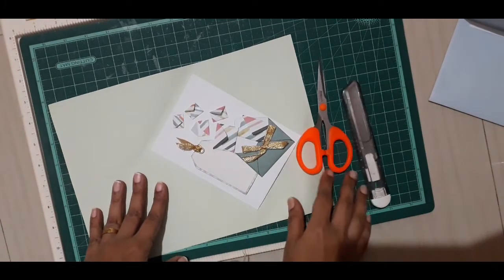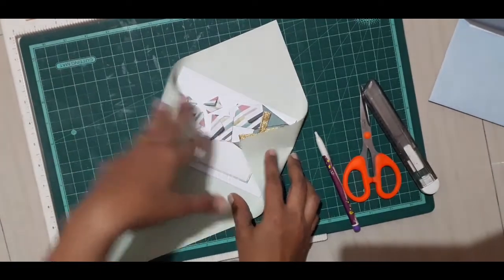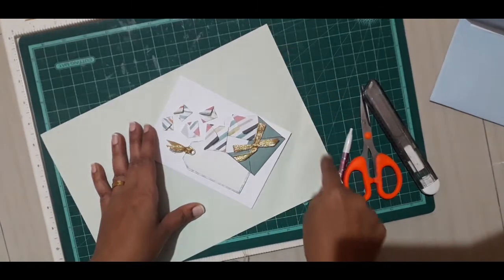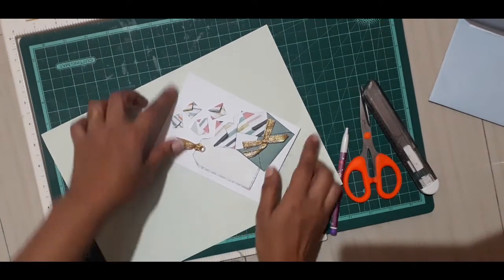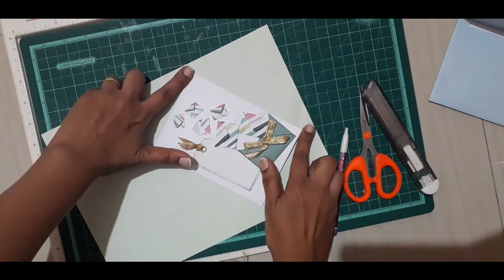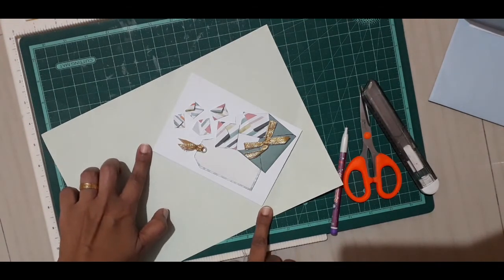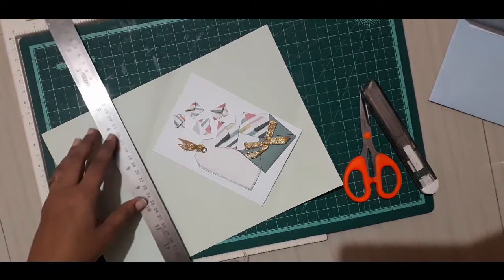So the next envelope that we are making is the one that has the flaps on the side like this. And we can make that out of a rectangle piece of paper as well. What we need to do is from the corner where the long side and the short side meet, we place the card here and leave about half an inch of distance, or 1 finger width distance on both sides. Make sure we have the same distance, or approximately the same distance at the bottom of the card as well. And then take your ruler and mark a line